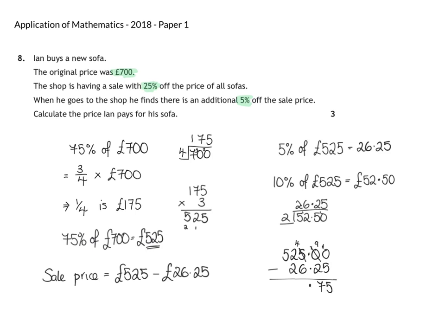And then once again we've got 4 take away 6, which we can't do, so we're going to have to borrow from our 2. So the 2 is going to become a 1, and the 4 becomes 14, so we get 14 take away 6, which is 8. It happens again, so 1 take away 2 we can't do, so we're going to have to borrow from the 5. So the 5 becomes a 4, and then we have 11 take away 2, which is 9. And then we've got our 4, so our final sale price is